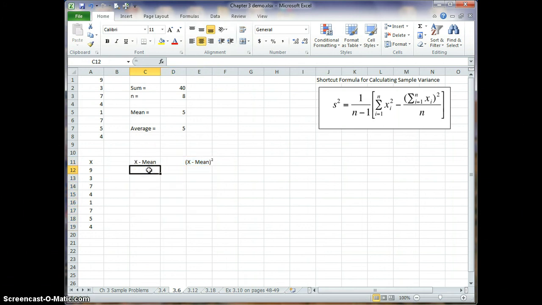And then in this case, I'm going to go x minus the mean. So I'm going to take column A, so A12 minus, and then we'll just use this calculation of the mean. Now, notice the cursor is just after the D7. I'm going to hit my F4 key, which is going to put dollar signs in front of the column and the row. That means an absolute reference. So now when I hit the check mark to enter that, I can now copy this formula,